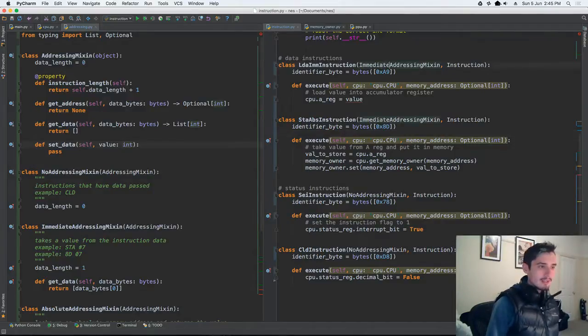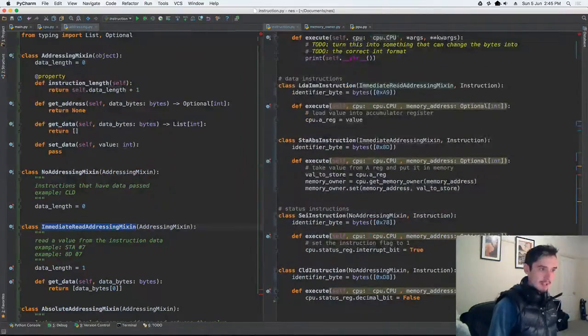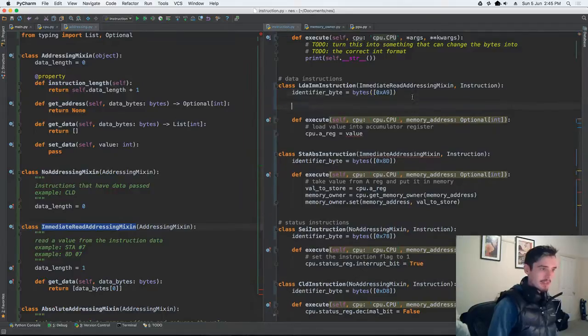So we're going to have an immediate addressing mix-in, and it's actually going to read or it's going to write. And I think I might make this distinction. So I might make this a write immediate or a read immediate. So you're never going to write immediate. So let's just rule that out. But let's say if this is an immediate read, it's going to read a value from the instruction data. And then we know that since this is the read, this LDA instruction is going to need to implement the write,